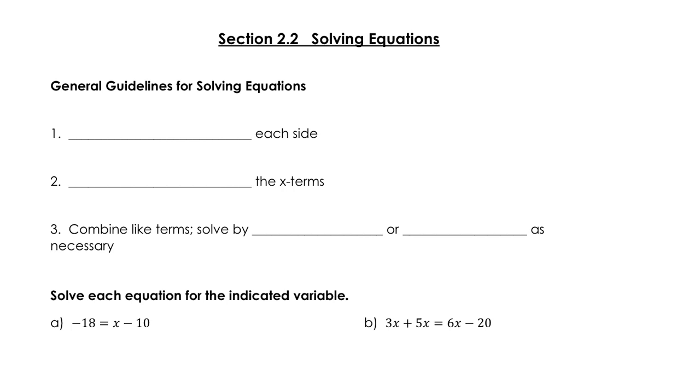So when we're solving equations, we want to simplify each side. And by simplify, I mean like combine like terms on each side of the equal sign so that it's as simple as it can get. And then we want to isolate the x terms. So what that means is get all the x's on one side, get all the numbers on the other side. At that point, we can combine like terms and solve by either multiplying or dividing